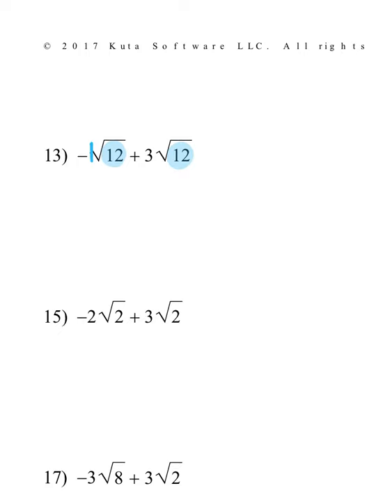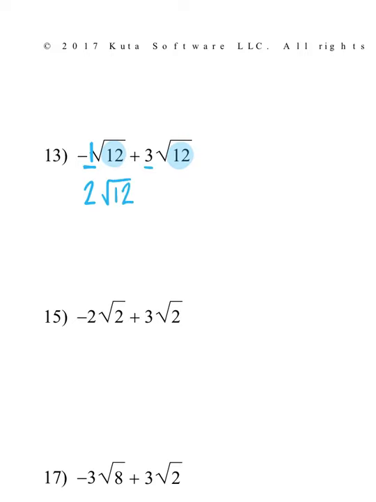So now I have negative 1 radical 12 plus 3 radical 12. And since the number under the radical is the same, I can go ahead and add them together. Okay, so now I can say negative 1, remember I'm looking just at the numbers, negative 1 plus 3 gives me 2 radical 12,